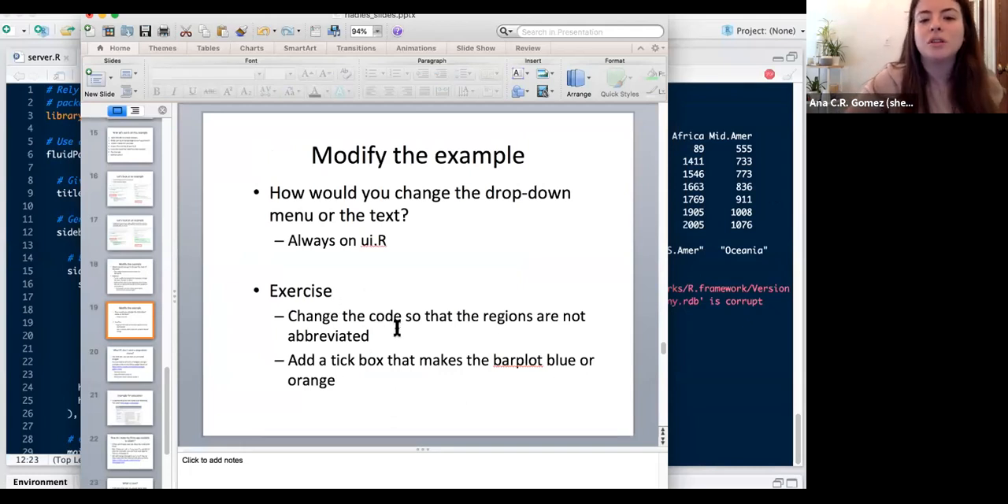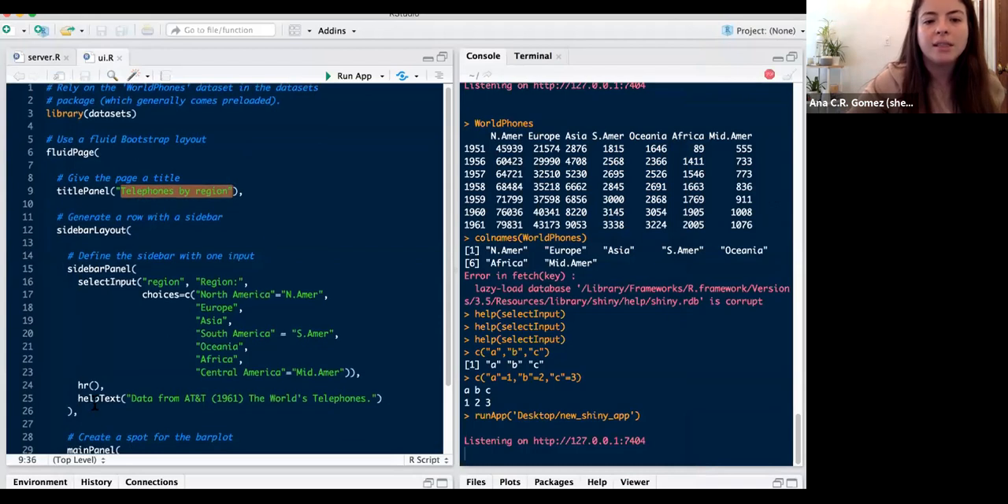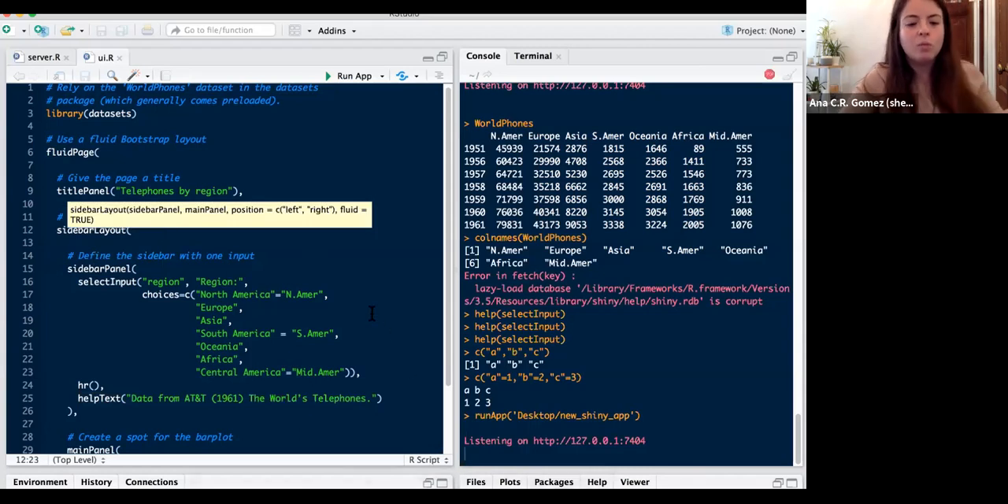change the code so that the regions are not abbreviated. We did that. A few more things that you could do is to change the title. You could change the sizes. You could change this help text here. You could add your name, say app by so and so. But yeah, and the